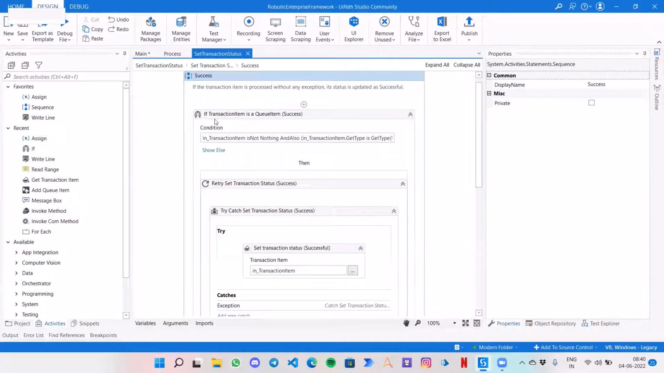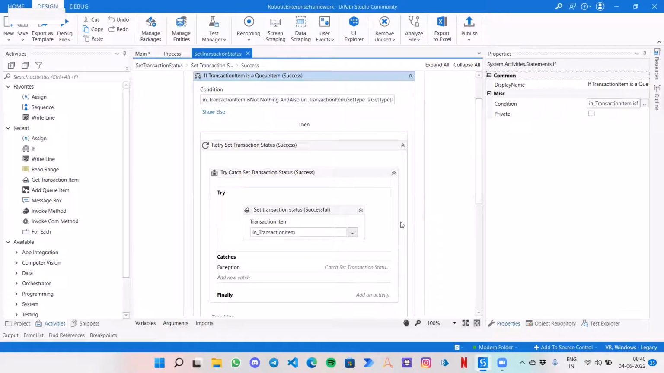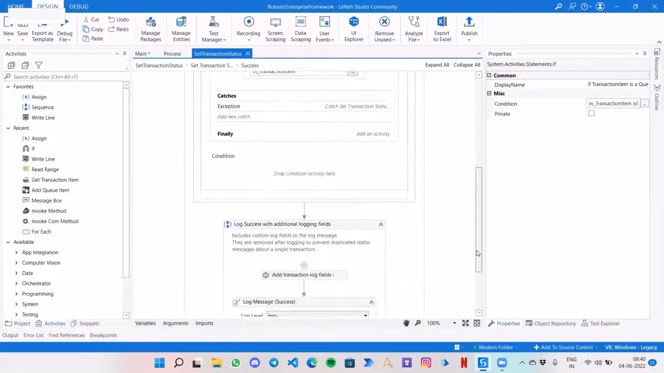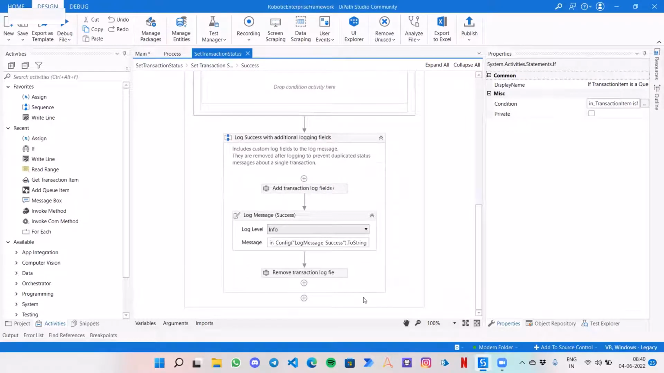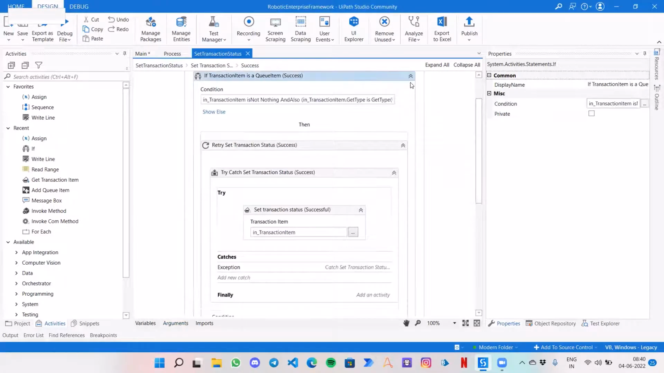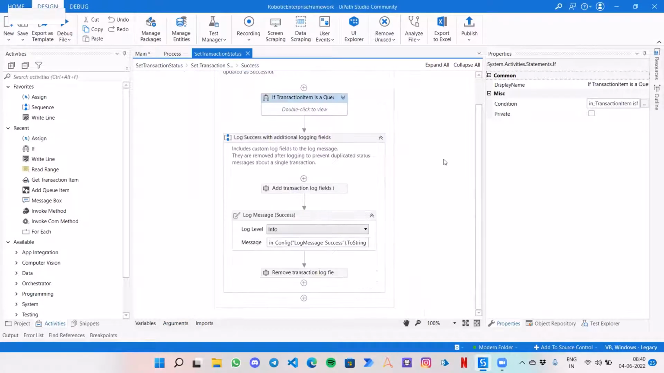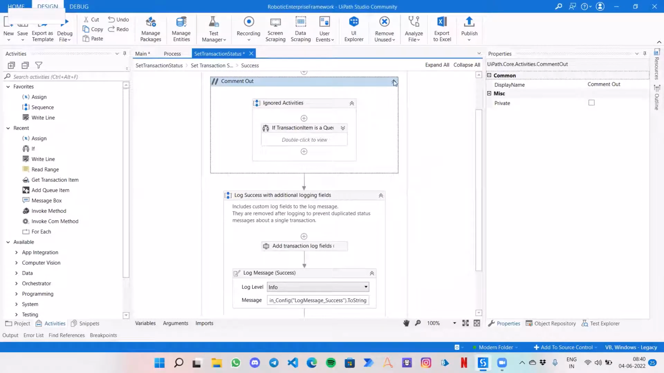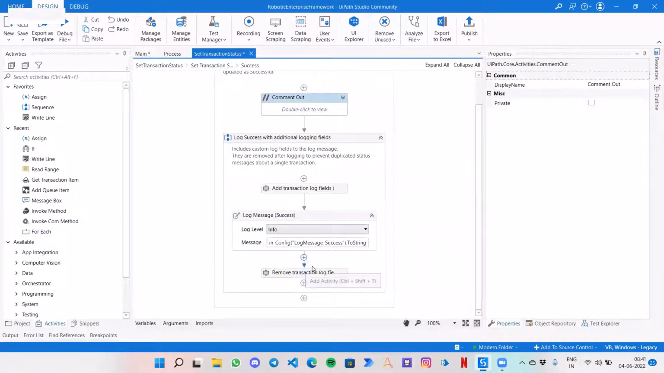So over here, this is set based on a queue item. If in transaction item is not nothing and it is a queue item type, then do this process and then log that your process had completed successfully. But if you are changing the transaction item from a queue item to a data row, you don't really need this particular activity. You can disable it or remove it and update your activities, whatever you want to do on